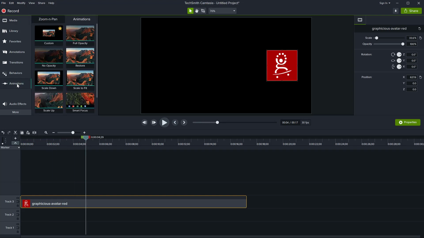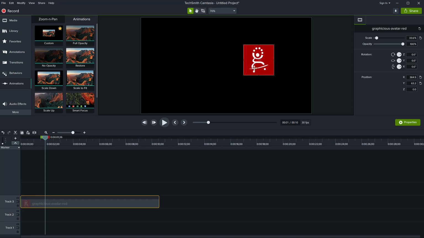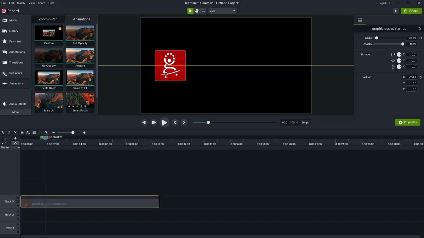Let's go to the animations and do like we said before. Let's move the object. Let's make it animate from the left side to the right side of the screen. I'm going to shorten the clip. And let's go to the start. It doesn't really matter where this head is because animations, you can move them later, so that they start earlier or end later and so on. So I'm going to move my image to the left side of the screen, and I'm going to drag a custom animation to the object.